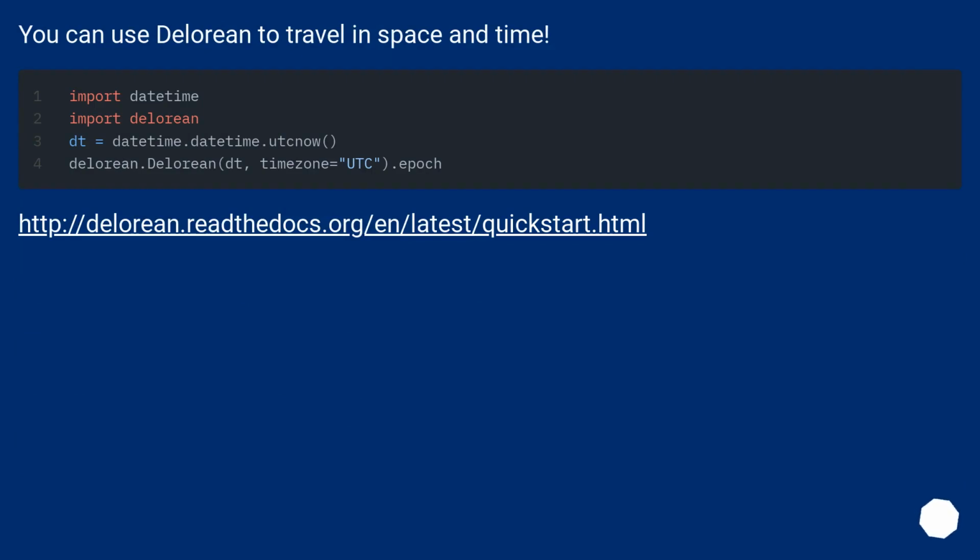You can use DeLorean to travel in space and time. This URL